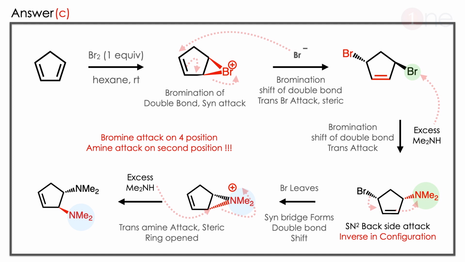In the second step, you are using excess of amine. The amine can attack the bromine and a replacement reaction occurs. This is a substitution reaction. Definitely it's an SN2 reaction, so the attack is from the back side. So the inversion in configuration definitely occurs there. So the amine becomes inverse to the bromine or same as the bromine. In the next step, bromine is a good leaving group. So bromine leaves and a bridged amine is formed again. So the bridged amine is again attacked by the amine, so the ring is opening.